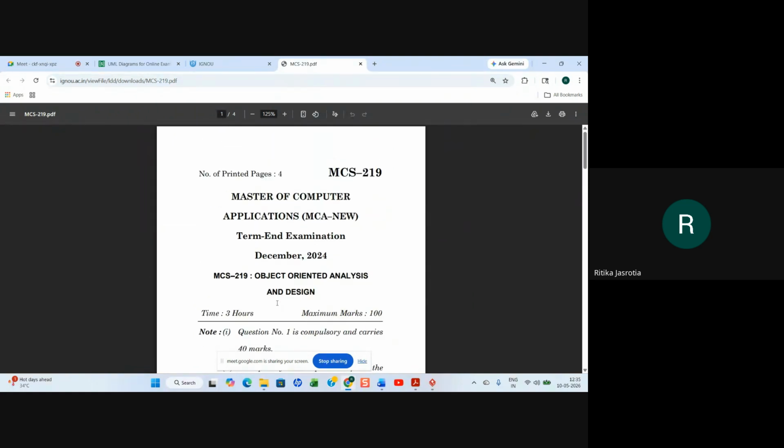They may ask you from some topic, they may not ask you in another question paper some topic, but you should know the topic. That is the point. But for the diagrams, it is definite that they may ask you the definition of the diagram, they may ask you the purpose of the diagram, they may ask you to draw the diagram. That is definite. And that can be any diagram. They may ask you class diagram, they may ask you state chart diagram, they may ask you component diagram, they may ask you deployment diagram. It can be any diagram to draw, right? So this is it.